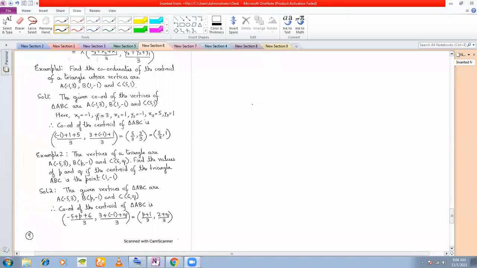Find the coordinates of the centroid of the triangle whose vertices are given. So the coordinates of the vertices are